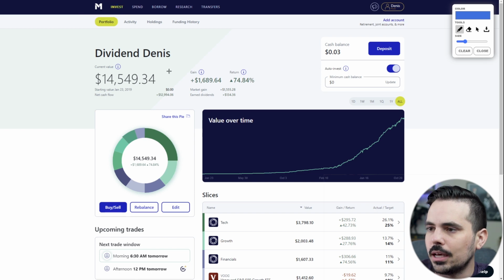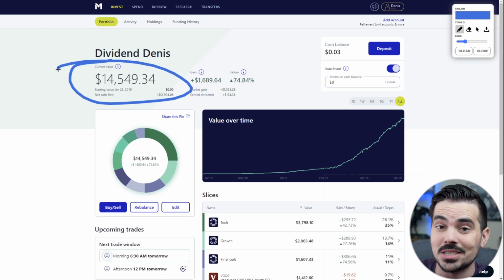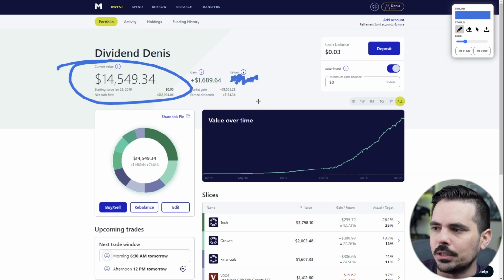Right now, you can see that my portfolio is currently valued at $14,549.34. That's awesome. So right now, don't worry about this return percentage. I personally don't really pay attention to it. But this right over here, this is my total gain since I've had this portfolio. So it's about